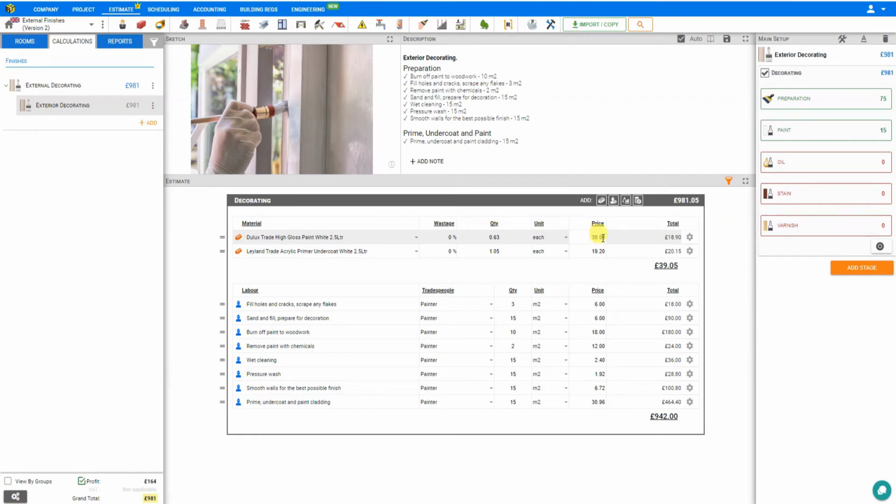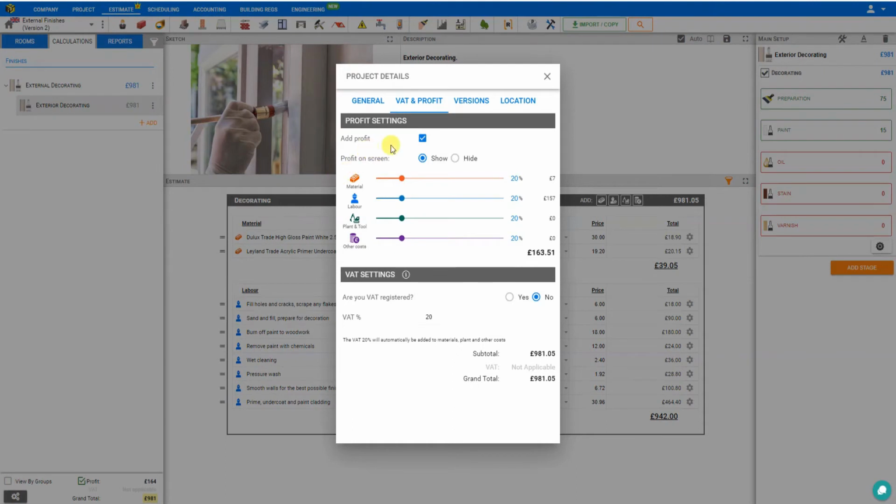And the reason for that is Price of Job has automatically calculated our profit. To see that, we can access the cog symbol here in the lower left. And here we can see our profits for materials are set at 20%. If we deselect the Add Profit, we can see in the background that the price of the paint has changed